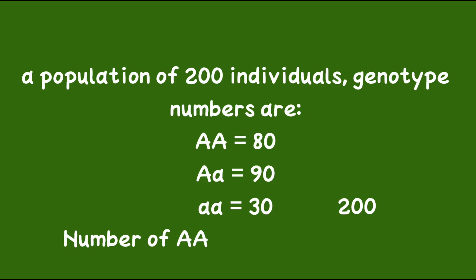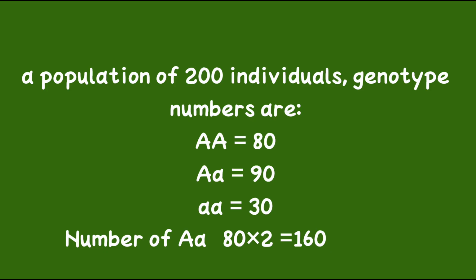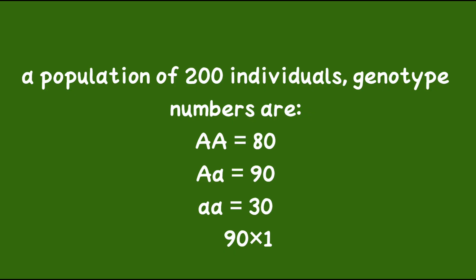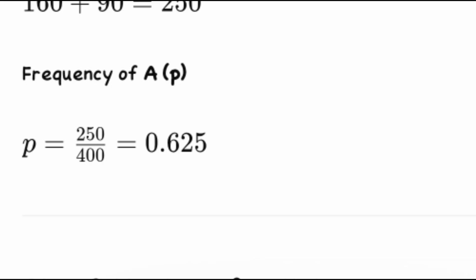So the number of capital, that is dominant alleles for the genotype capital A capital A, it has 2 alleles. So 80 into 2, that is 160, and for the recessive allele, that is 90 into 1, because it has only one, the heterozygous allele, so that comes out to be 90. So we have to add 160 plus 90, which comes out to be 250. So the frequency, that is P, is equal to 250 upon 400, that comes out to be